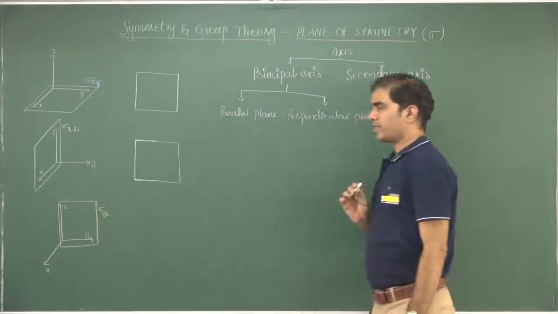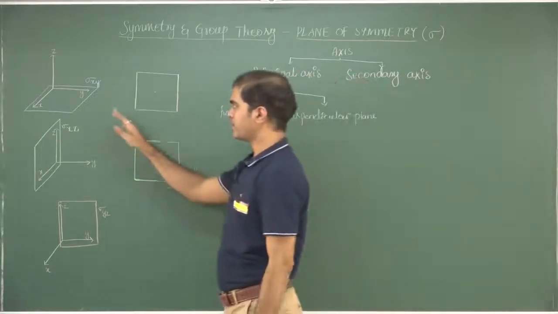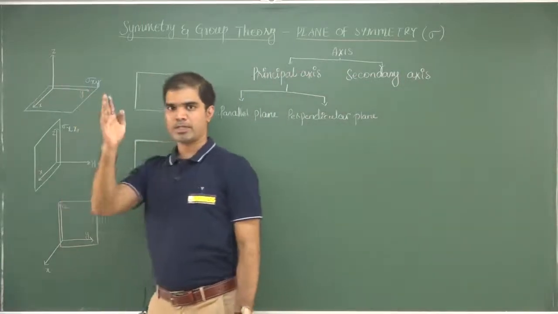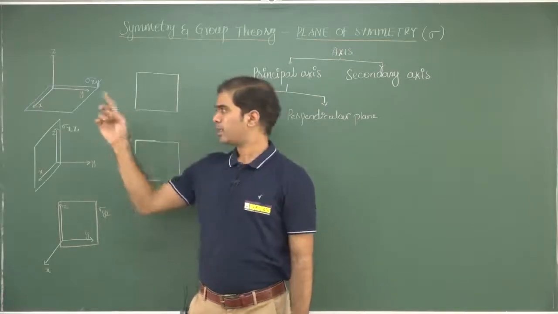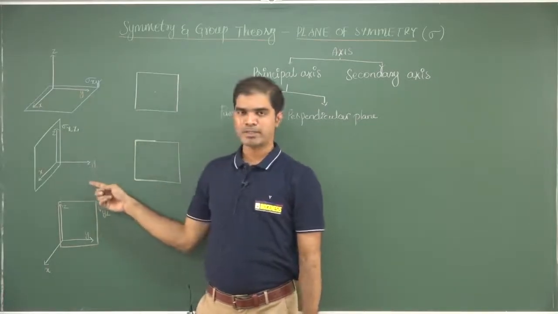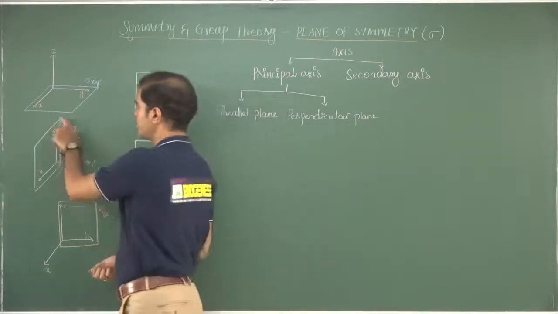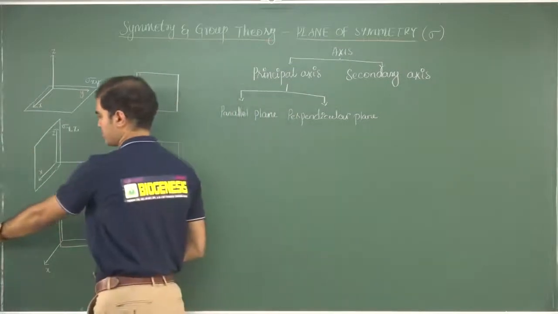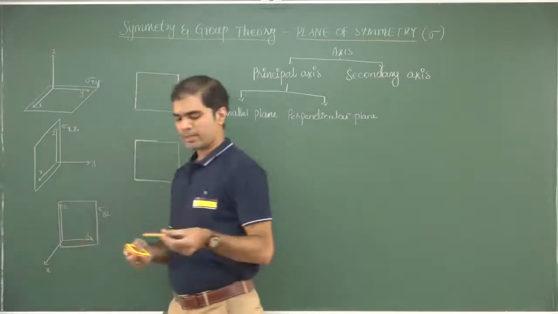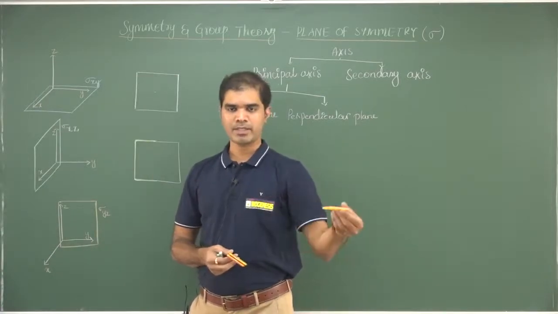How to understand this plane of symmetry, and first of all, what are the basic planes I have given you here. There are three spatial coordinates x, y and z, and with respect to these three coordinates I have drawn three different planes. Any plane would take up two different coordinates. The first one is a xy plane. This will be a xy plane. This is in x and y coordinate.